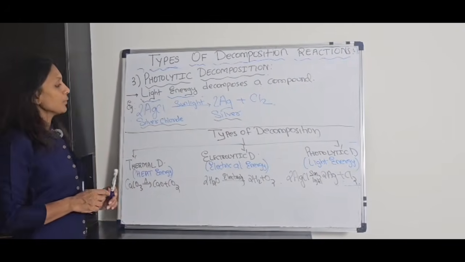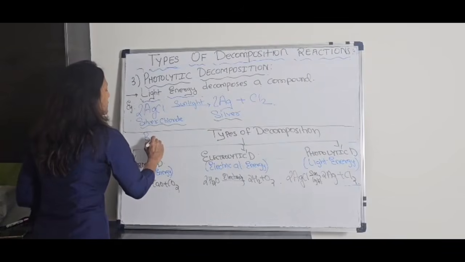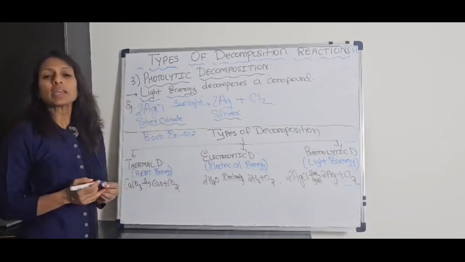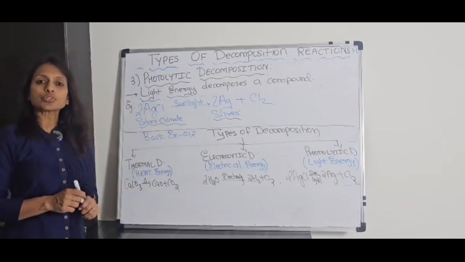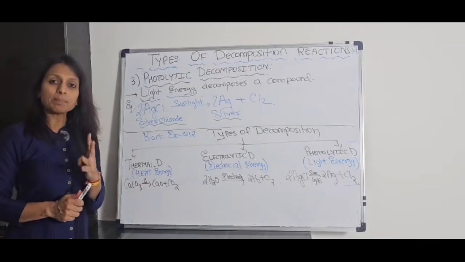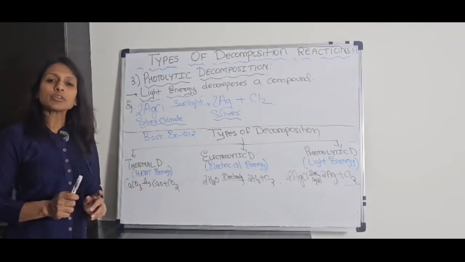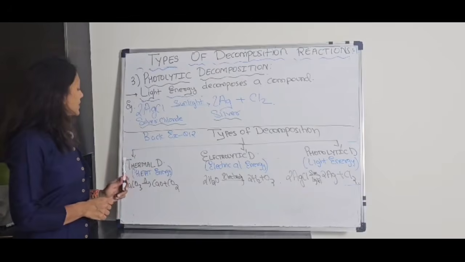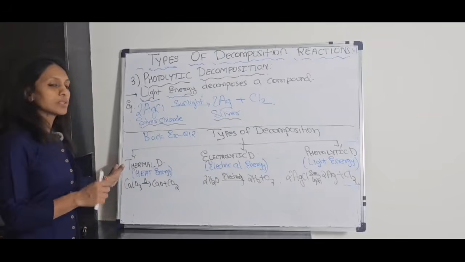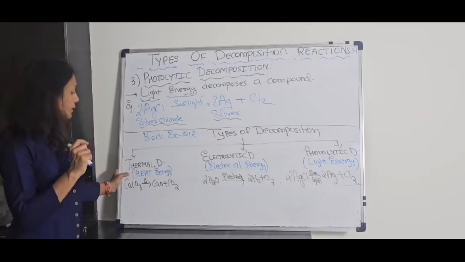Done? Now, this is actually back exercise question number 12, right? Generally asked in school exams also and board exams also. Now, whenever this question is asked as a 3-mark question in the exam, see how you are going to write it. First, you will mention individually the names of all the three. That is, begin with thermal decomposition, give a definition.